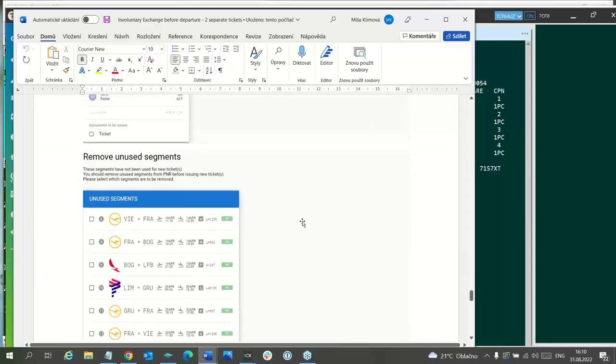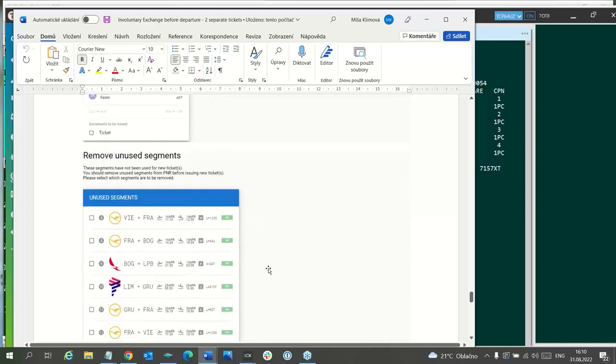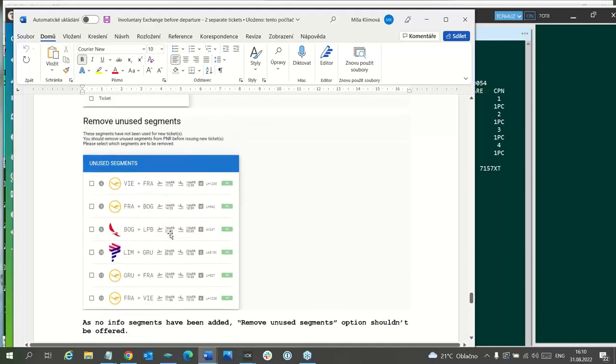And here I would like to show. Here is the file first stored, and here TCP will ask you if you would like to remove some unused segments. But in this case, you don't want to remove any segment because there were two separate tickets issued in one PNR.